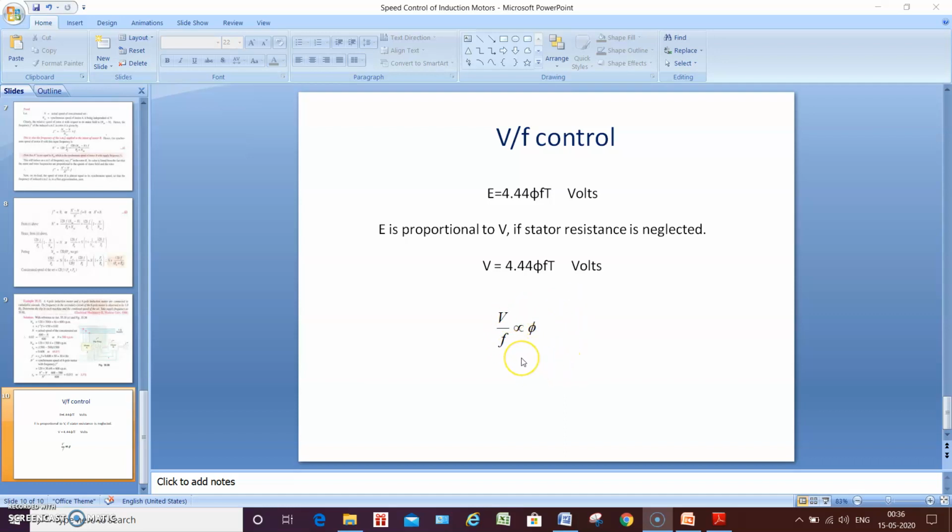So if flux is increased, what will happen in a motor operation? Usually all the motors are designed to operate at the knee point of the magnetization characteristics. That is, in the BH characteristics, you know there are two non-linearities: one is the saturation non-linearity and another one is the hysteresis non-linearity. So at a certain point the magnetic circuit will get saturated. So even if the magnetizing current is increased, the flux density is not going to vary beyond that value. Just imagine the BH curve of any magnetic circuit.